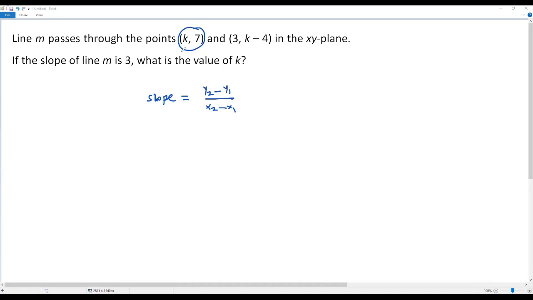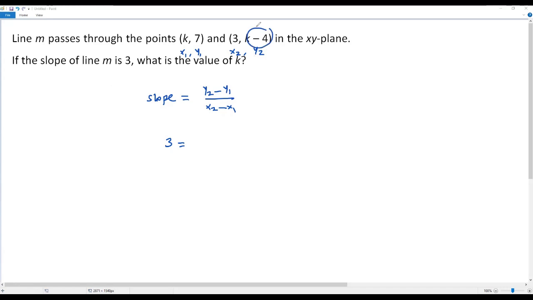Here we can take the first point (k, 7) as (x1, y1) and the second point as (x2, y2). Already we have the slope of line M. It's given in the question, that is 3. We can plug in this 3 for slope over here. And on the right side, we can plug in values for y2, y1, x2 and x1 from the 2 points